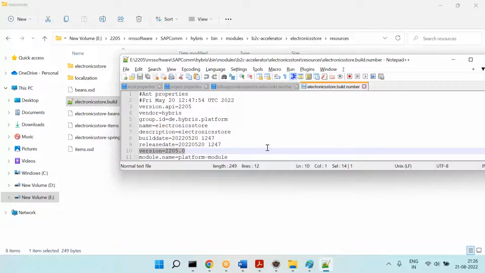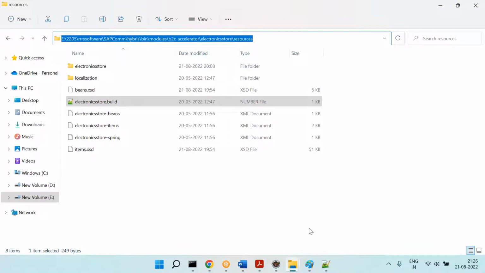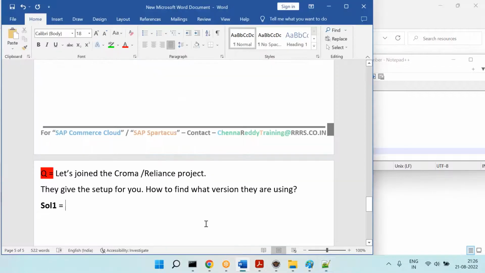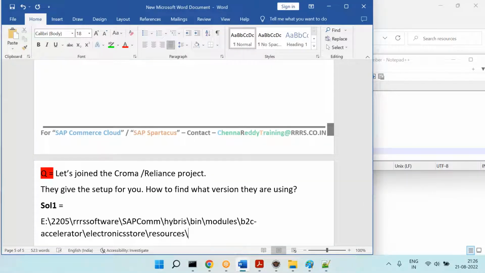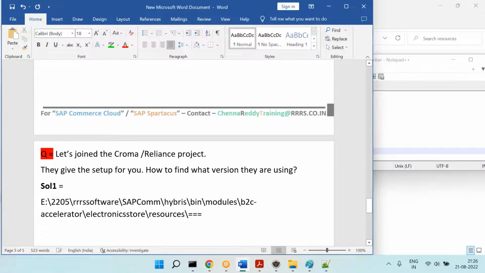2205, which is the patch number 0. So this is the location, and you can find out here by opening that file. Or solution 2 is,